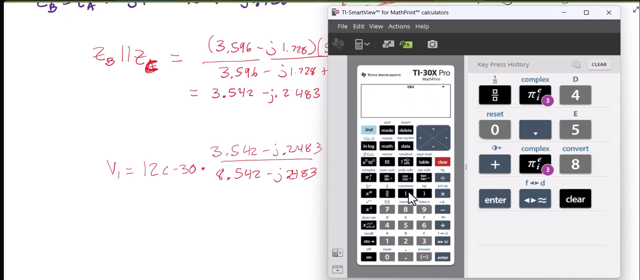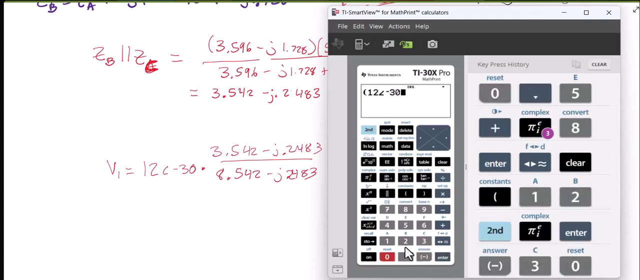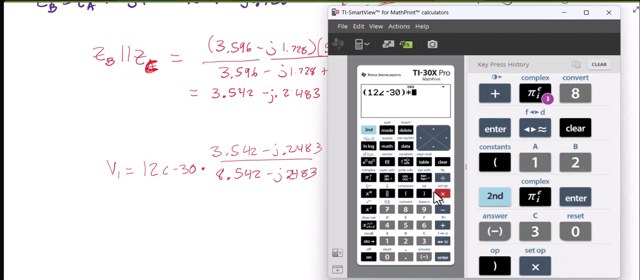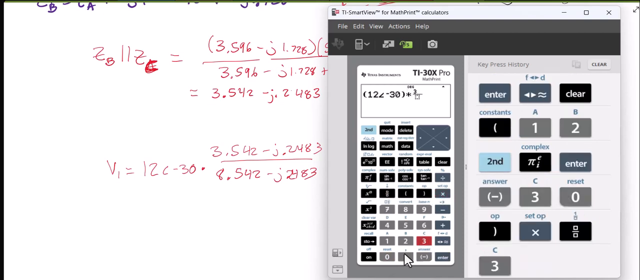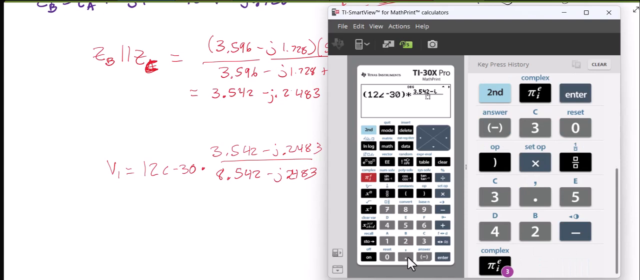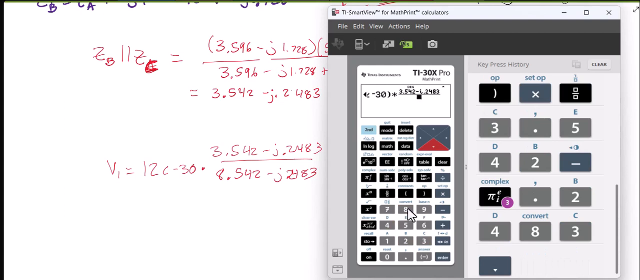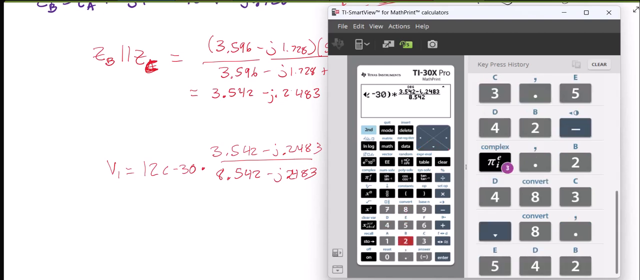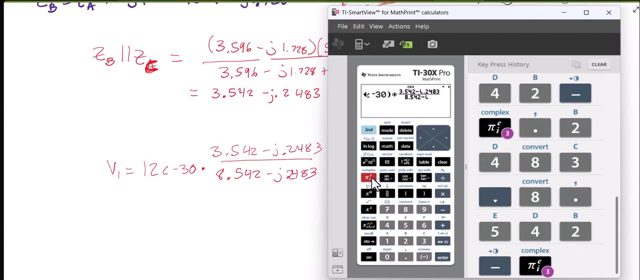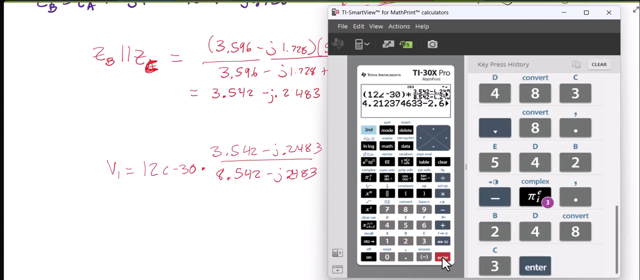So just to show y'all how to actually do a calculation on this calculator, the one I recommend: open parentheses 12, and then second complex angle -30, close parentheses, times fraction 3.542 minus j0.2483 over 8.542 minus j0.2483, and I get